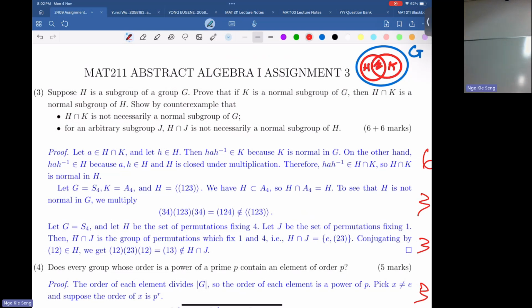Good. So you only showed that this intersection is normal inside a smaller group H. But it asks whether, if you put it back into G, it is still normal or not. So the answer is no. You can find it in S4 or you can find it in matrices also. But make sure you find a non-normal group, don't go to an abelian group. Why not? An abelian group is always normal. Actually, the elements already commute.